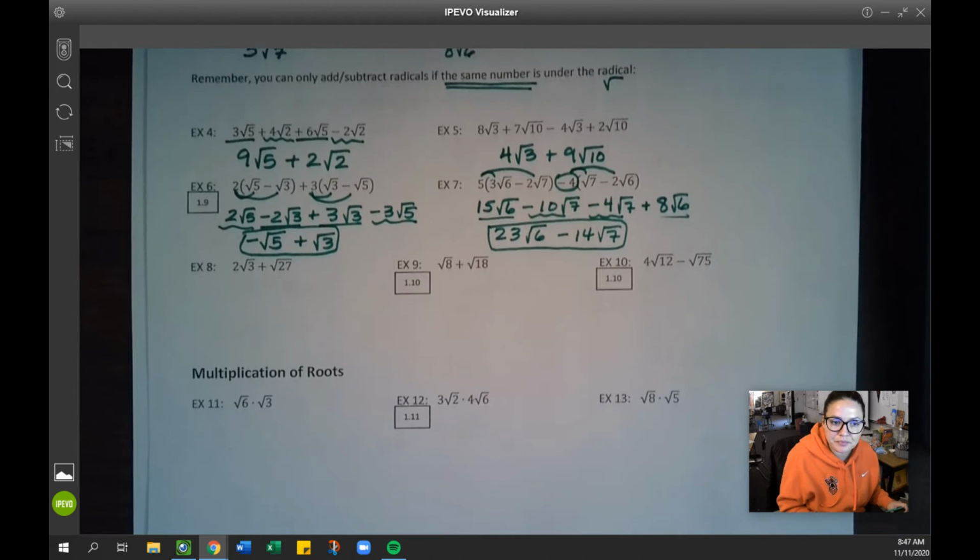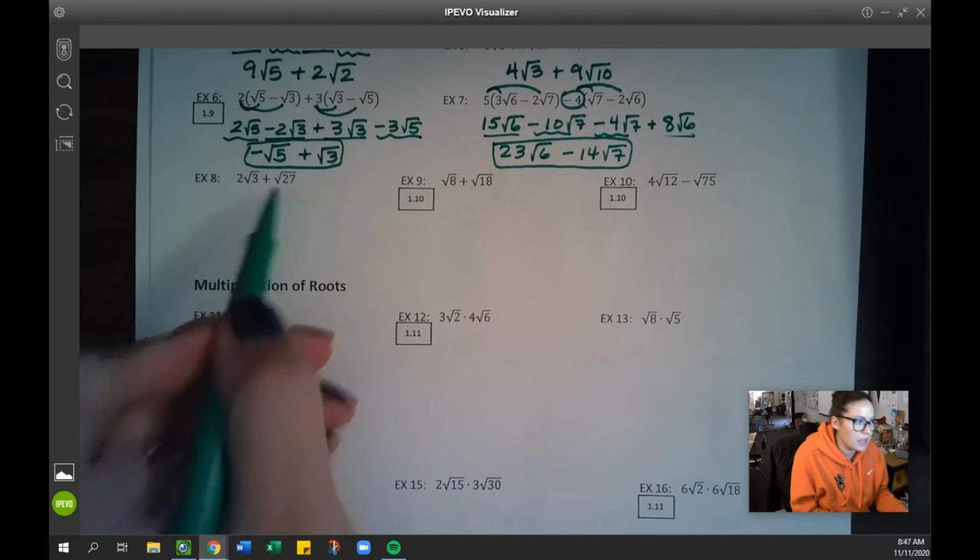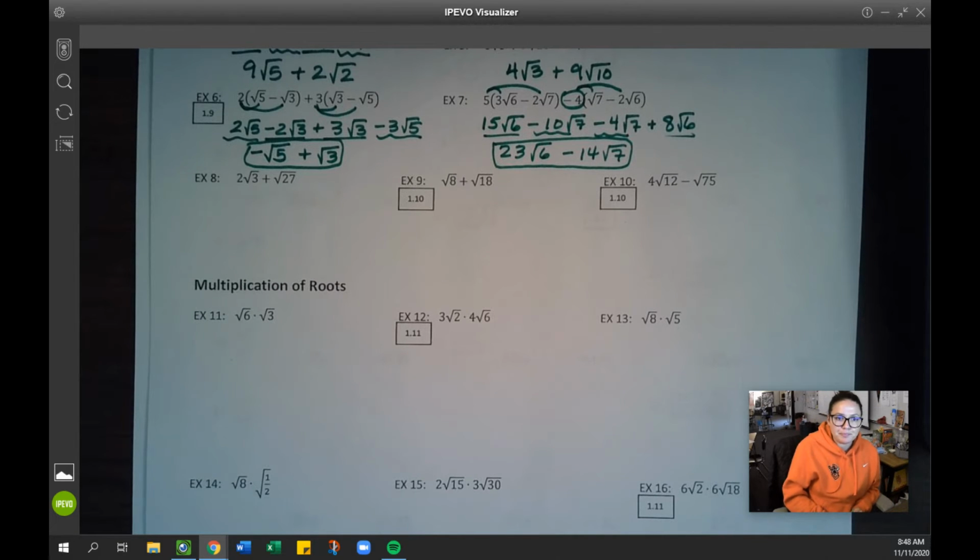All right, moving on. So 2 square roots of 3 plus the square root of 27. Can I add those together right now? No, I can't because there's a different number under the square root. However,